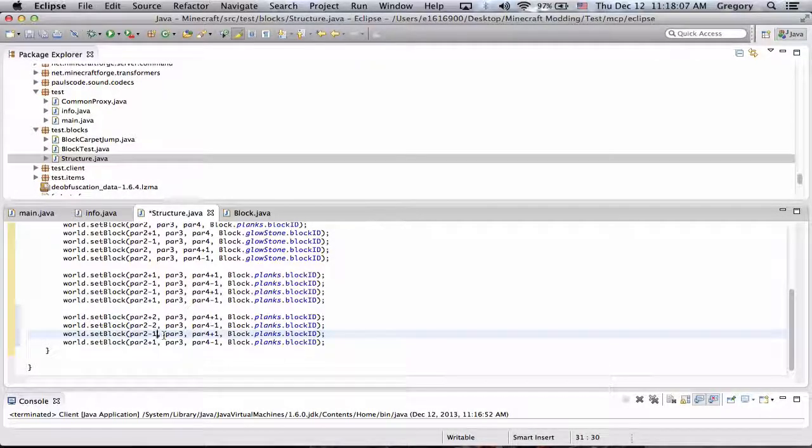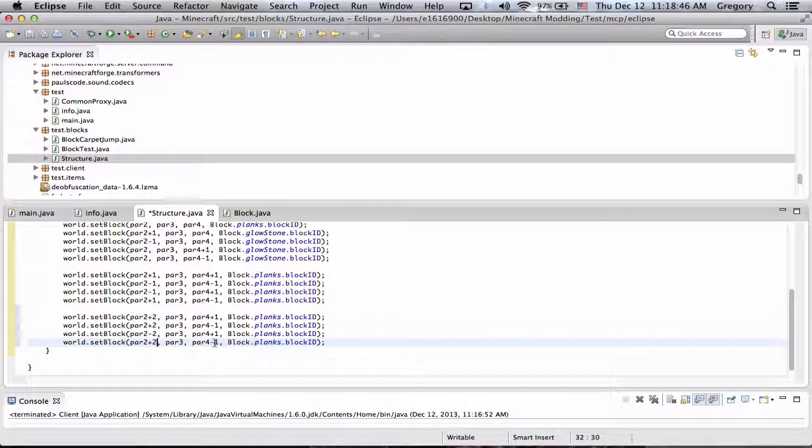Actually, if I changed this one to, I need 5 for one side, don't I? So let's do +2, and we need to do, actually we'll go into the -2, we will change this to +2, -1, +1, and we need to, I am really confused right now. So that's on the x-axis, so we do -1, +1,